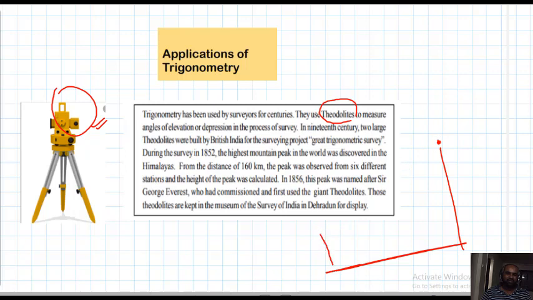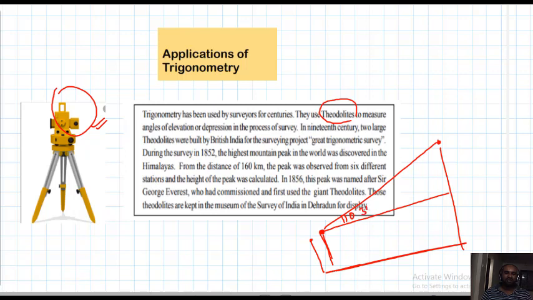They will place this instrument here. So person height is equal to instrument height. So through this hole they will observe the angle made by the eye to see the top of the building. This is the horizontal ray. Through this point we need to draw a horizontal ray, so this angle they can measure.